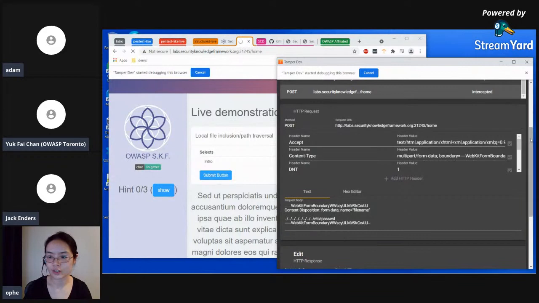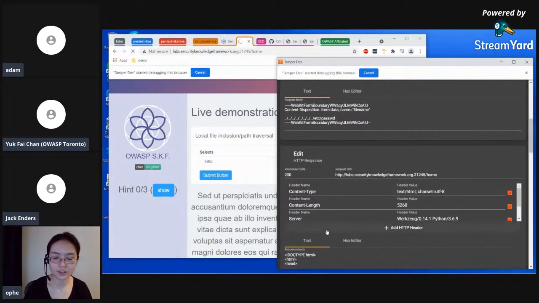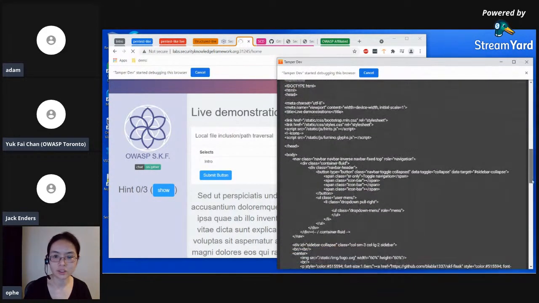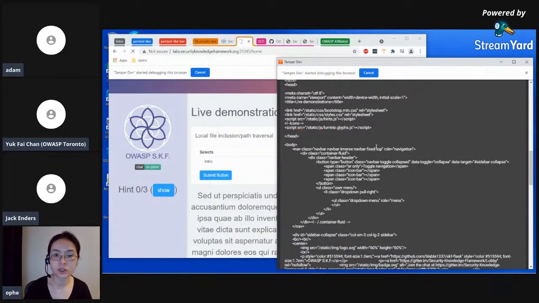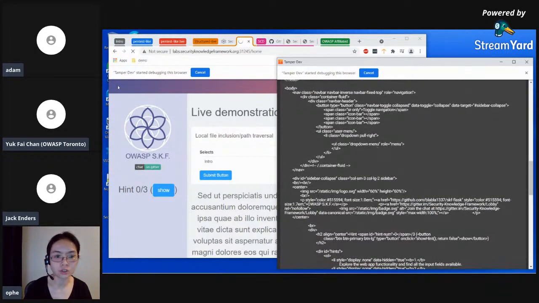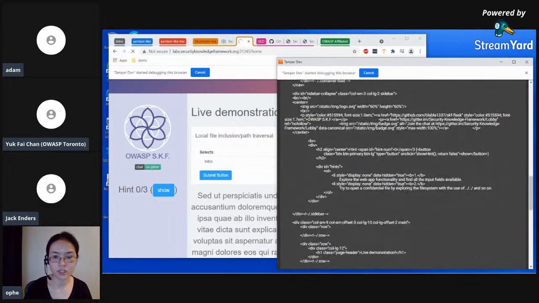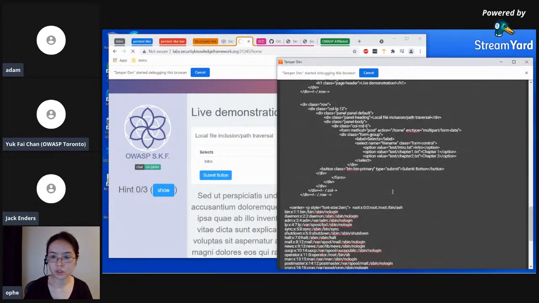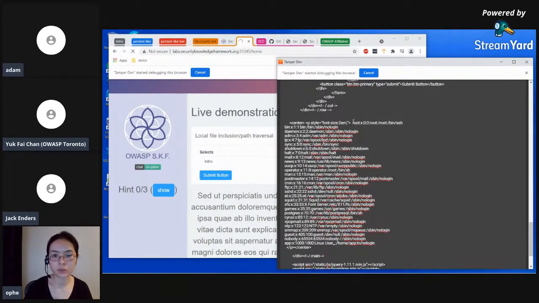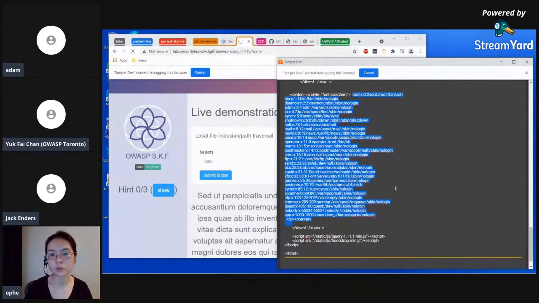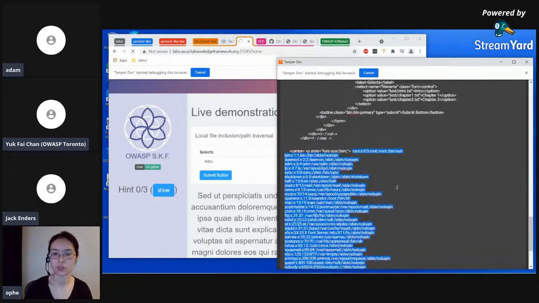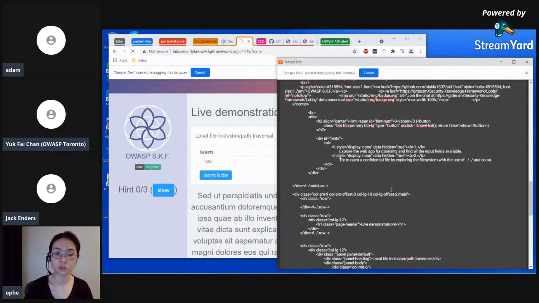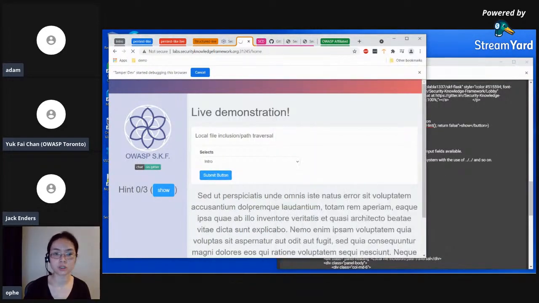Okay, let's try this again. Getting the response body. Great. This one looks like it's actually a real page, the same as what this image is showing. And yes, we do get the contents of the /etc/passwd page. So now you can go through and look at other files if you like, and see if you can do other things. But I think we completed this particular